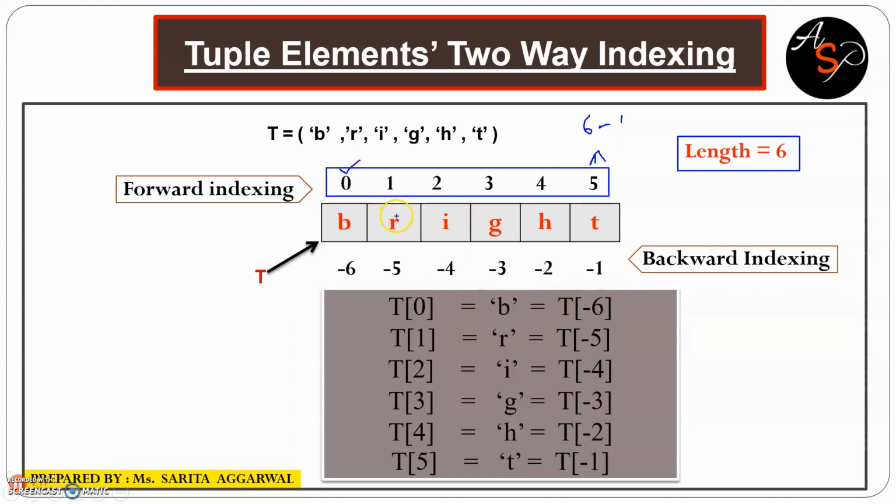And for the next element R, we can also use both the indexes. By using forward indexing, we use index 1, and when we use backward indexing, we use index -5 to access element R, this one. Okay, now